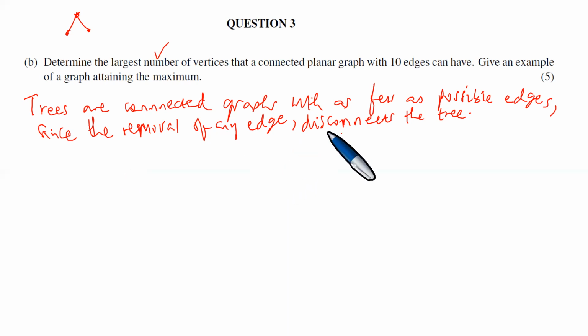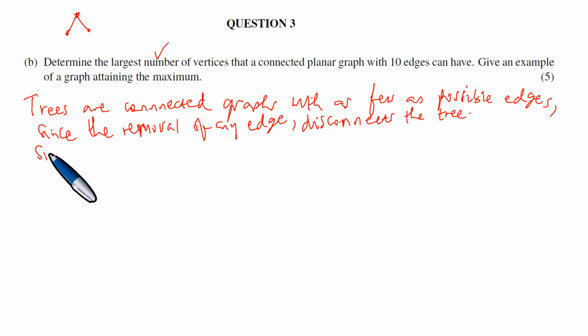But since the removal of any edge disconnects the tree, if we remove this edge, the tree is going to be disconnected. So this vertex is going to be on its own, for example. That's said to be disconnecting the tree. But most importantly,